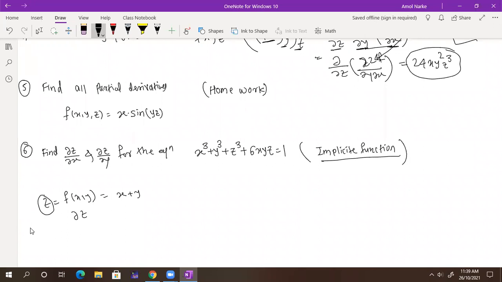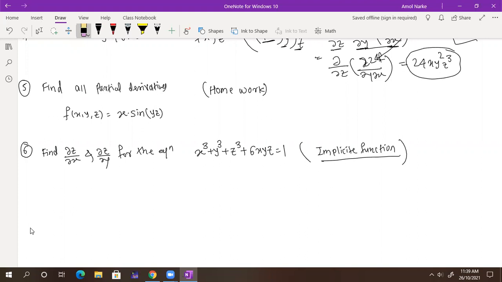That comes in the numerator. It is a dependent term, not an independent term. So we cannot take z terms on the left side and all other terms on the right side. This is not possible here. Just try to do that. If this is possible, then this is a simple function. That's why the implicit function comes into the picture.